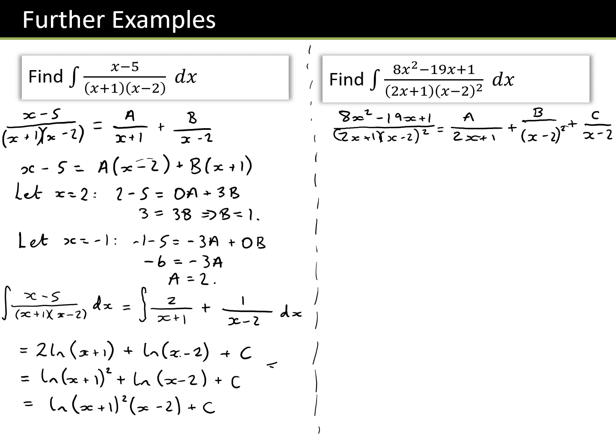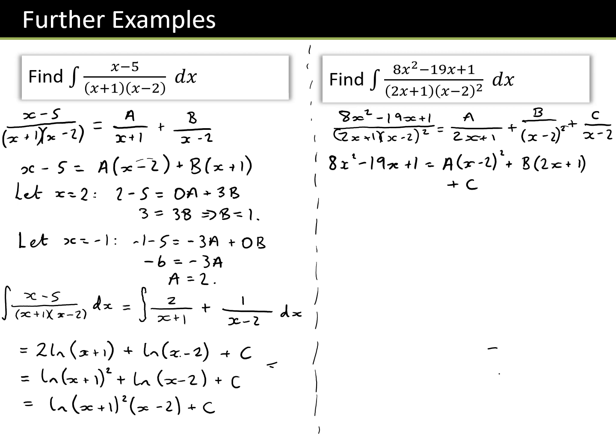Okay, when you have a bracket squared on the bottom of a fraction and you're doing partial fractions on it, you need to include both the squared version and a non-squared version. Okay, now multiplying that out, we're going to get 8x squared minus 19x plus 1 is equal to A lots of x minus 2 squared plus B lots of 2x plus 1